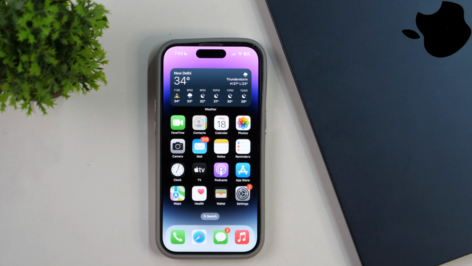Have you ever tried combining multiple iPhone videos into a single one on iPhone? Well, Apple doesn't provide you a direct way to combine multiple iPhone videos into a single one, at least for now. But there is a workaround, and that's something we are going to learn in this video.